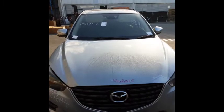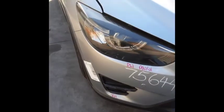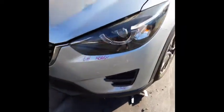With the bonnet, which appears to have no damage, radiator grille, tidy front bumper cover, LED right hand headlight, right hand fog light, left hand fog light, left hand LED headlight,